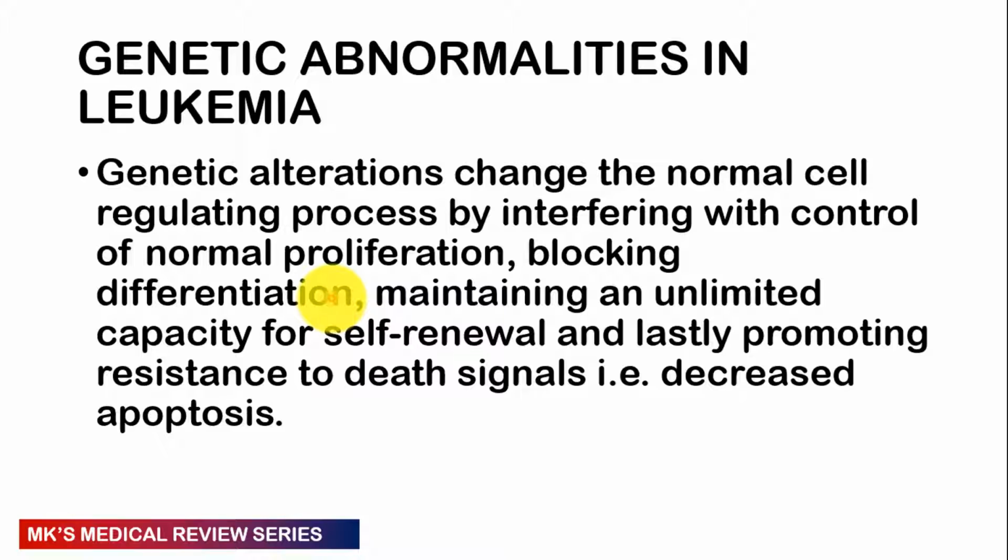mature cell type. And then of course, this means that this cell is going to be maintaining itself, and it will have this unlimited capacity of self-renewal such that it is unable to die. So quote unquote, the cell immortalizes itself. So it doesn't even respond to any signals that tell it to die or to kill itself by the process that we call apoptosis. So this is what the genetic abnormalities are doing that are going to tip this patient